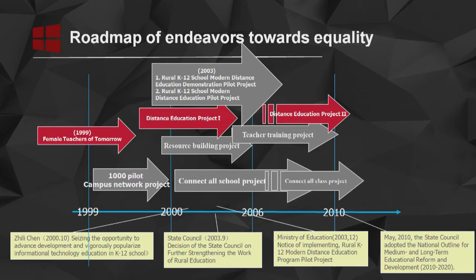national projects. The name of the first one is Distance Education Project Phase 1, the second one is Distance Education Phase 2, and the third one is the synchronous classroom project. And I'm going through these projects in the next slides. The first one started from actually